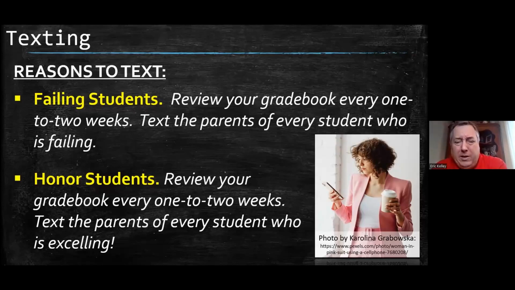I remind them that we can make up those assignments, and I'll regrade them. Honor students: review your grade book every 1 to 2 weeks and text the parents of your honor students to let them know that their student is excelling. What I normally try to do is, at the end of the 9 weeks, I check and see who made the honor roll and principal's list, or who was an honor student in my class, and I text all of those. So failing students, honor students,